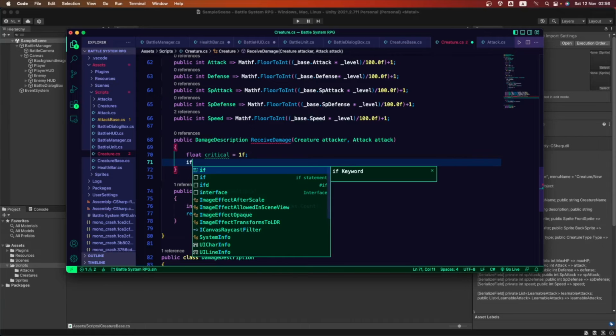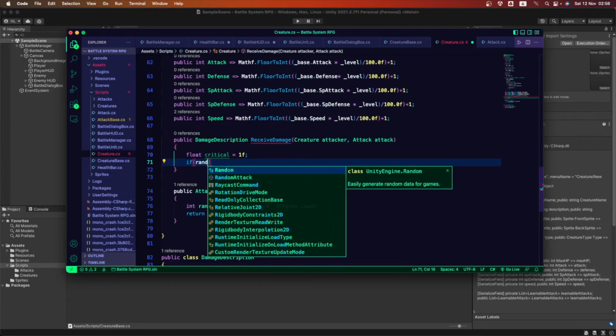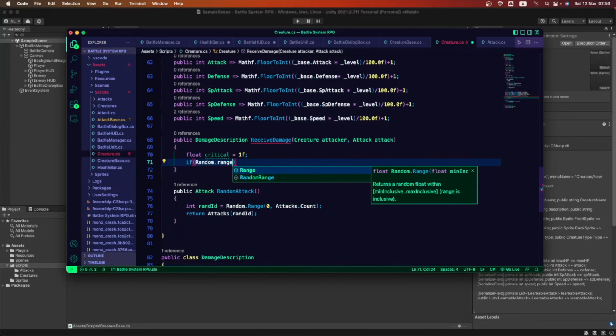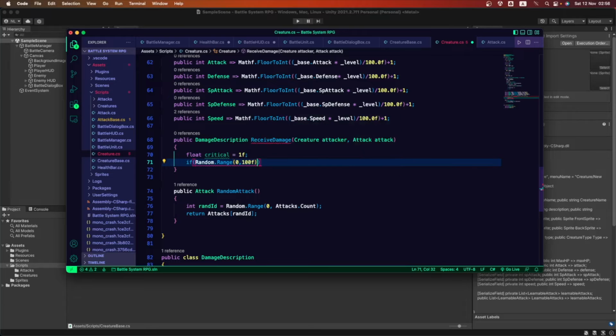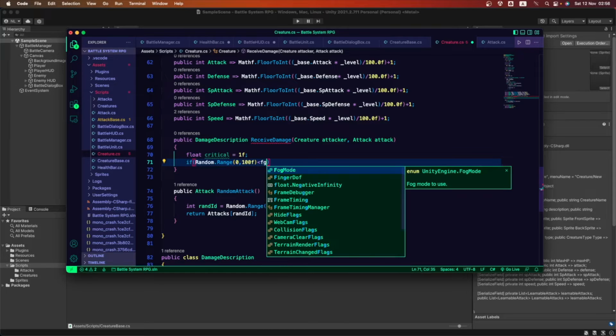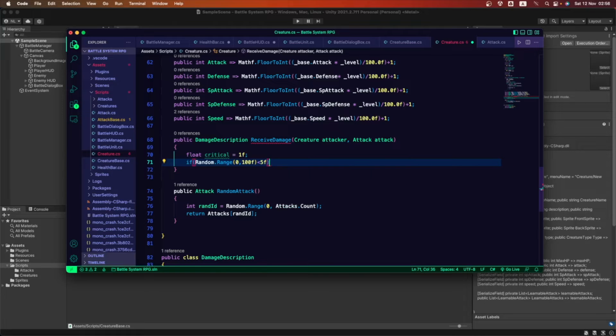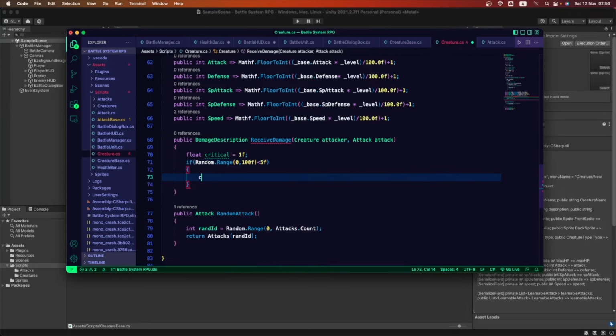So if Random.Range(0, 100F) is bigger than 5F, this is going to be a critical. That's where things get interesting. So what am I doing here?